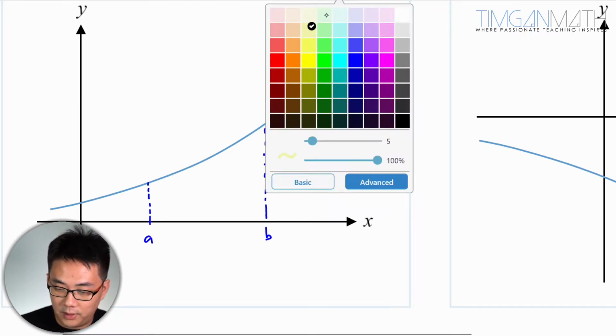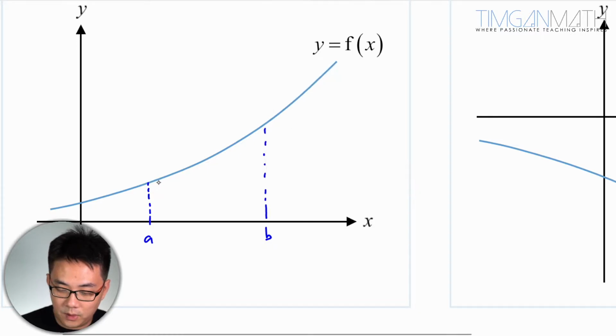So this is the area here. Let me just shade it out. It's the area from A to B. If you want to find this area here, let's say this area here would then be